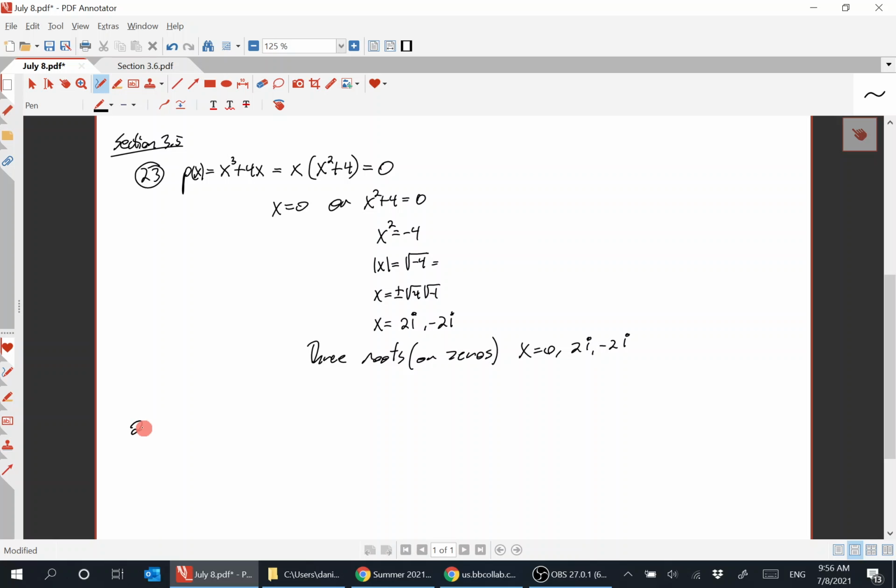25. So x to the fourth minus 1, calling it q of x. So factor completely. Well, you can start by noticing that this is a difference of 2 perfect squares. So it's the difference of x squared squared and 1 squared. So this factors as x squared minus 1 times x squared plus 1. Of course, x squared minus 1 will factor further to x minus 1 and x plus 1 equals 0. So now this is factored fully